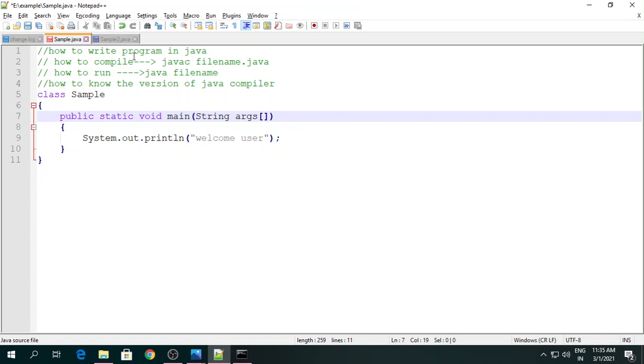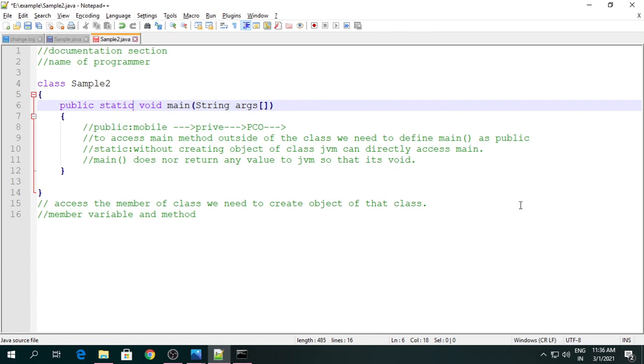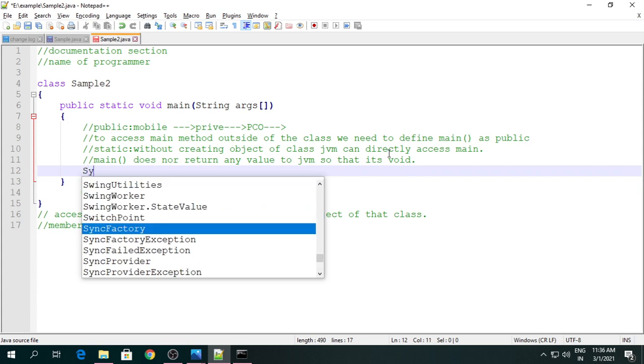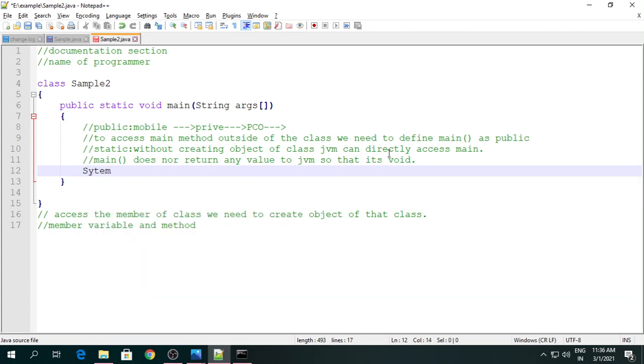whenever we want to print any value or any statement in the Java programming language, we use the statement System.out.println, and inside the brackets we write any message, like again, this is my first program.